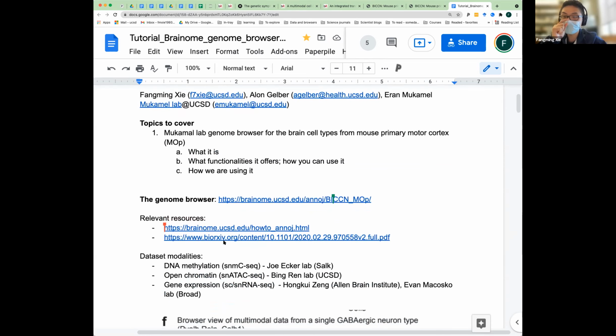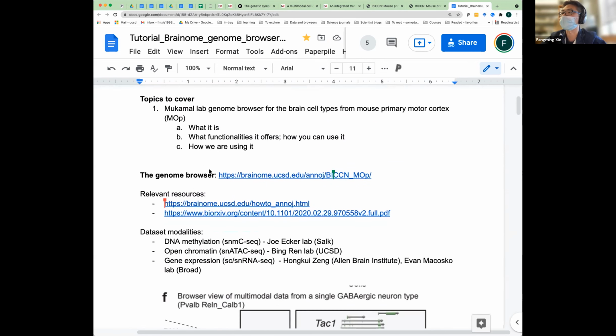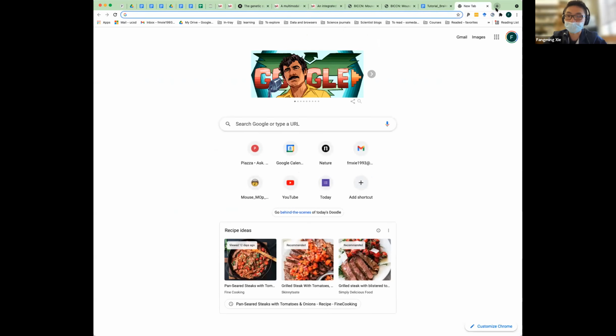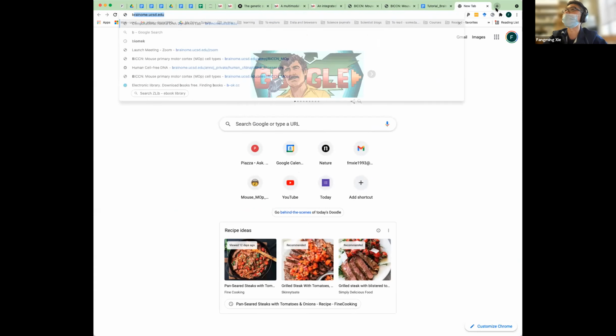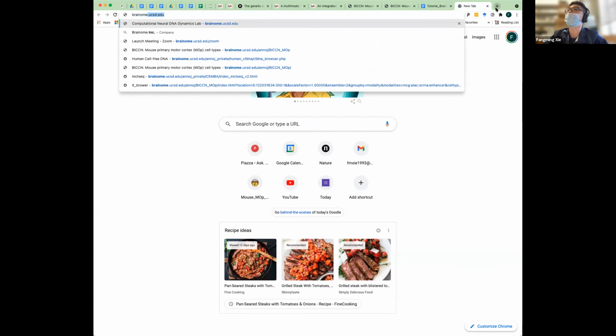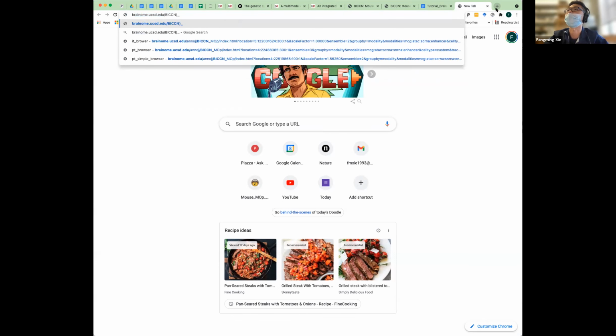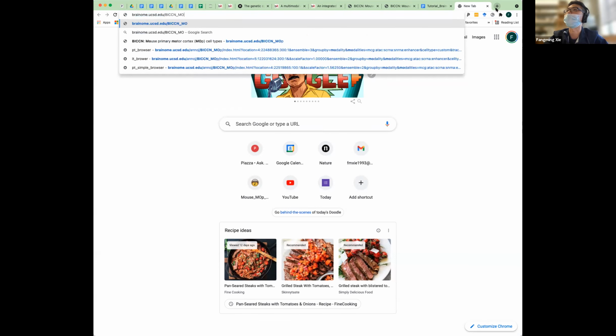Okay, so let me just jump straight into the browser we have, and the link is in this document. It's brainome.ucsd.edu/BICCN_MOP. Let me start from scratch and type it right in my browser. This is my Chrome, brainome.ucsd.edu, then BICCN_MOP.